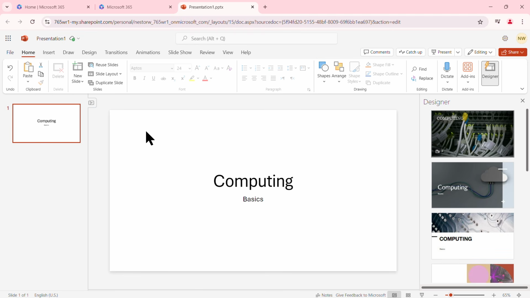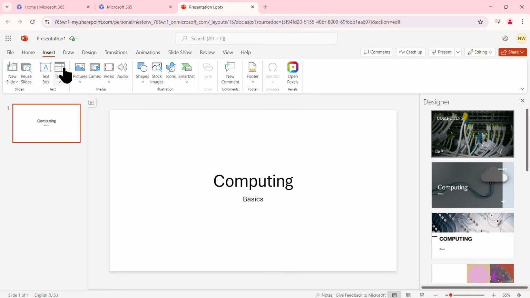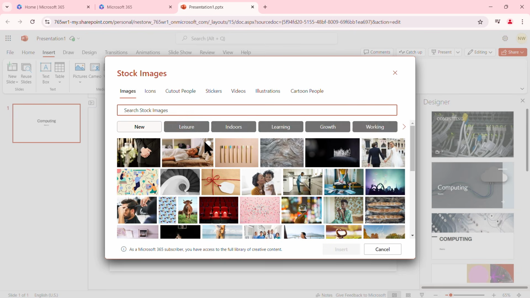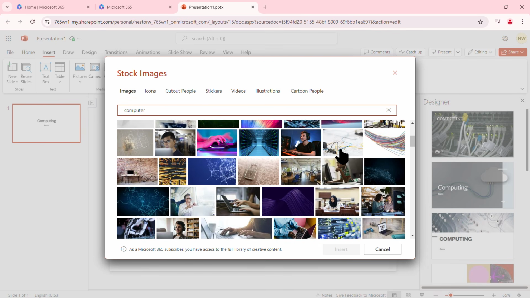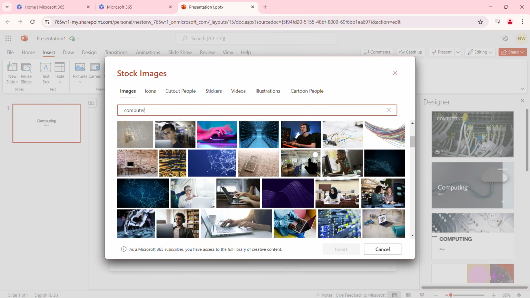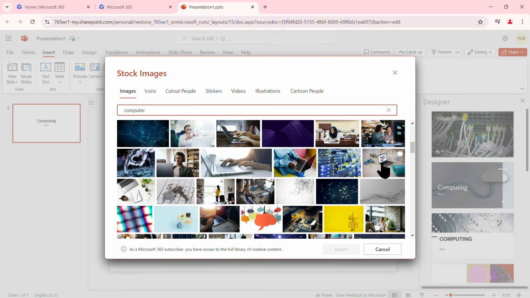So I'll go ahead and add a picture. To add a picture, I'll click on the Insert tab here. And here are pictures. I can insert a picture from my device, or I can search the web, or I can look for stock images. I'll go ahead and insert a stock image. And I'll just look for computer. And let's see which ones appear here. These are all free to use from Microsoft Stock. So let's see. I'll grab